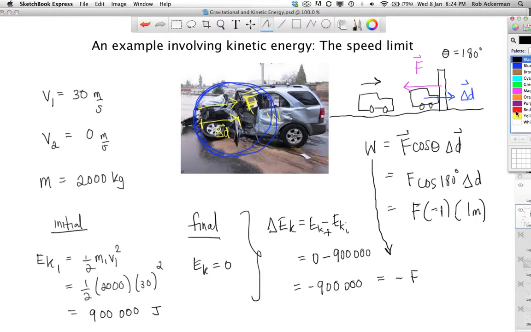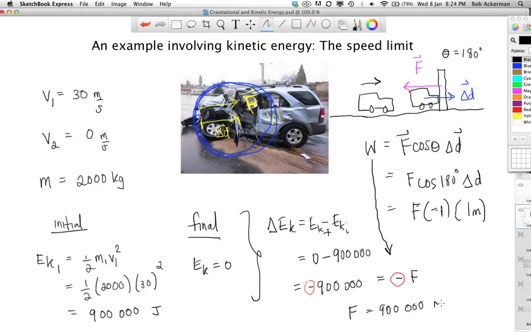Look what happens with the minus signs. They, of course, will cancel out. The reason that we had a negative here was because the force was acting opposite the displacement. The reason we had a negative here is because the car was slowing down. It was losing kinetic energy. The delta was negative. In any case, in the end, this allows me to calculate the force on the car,